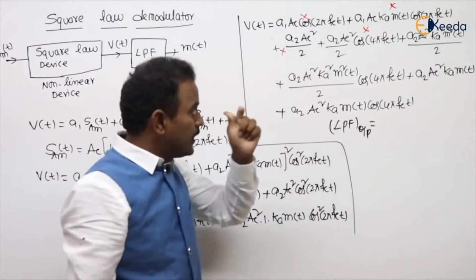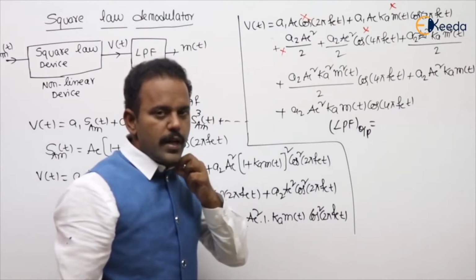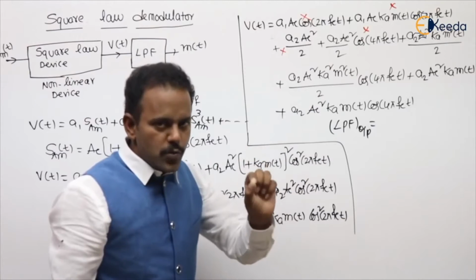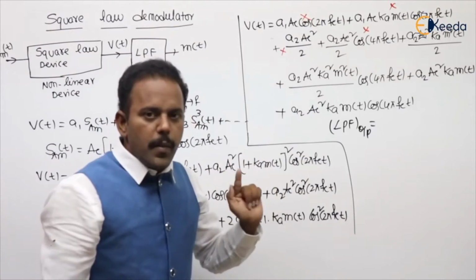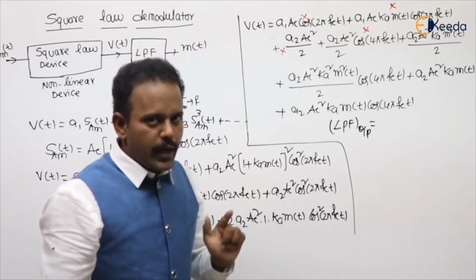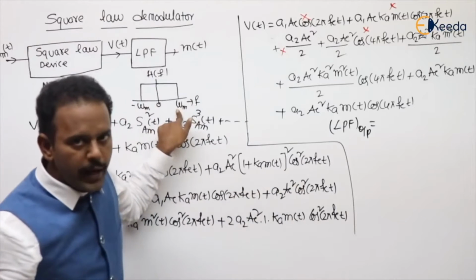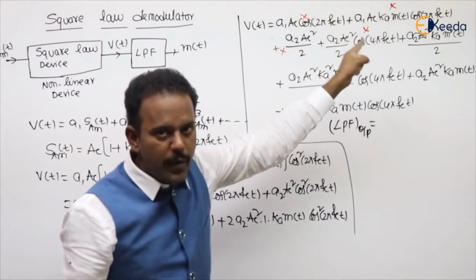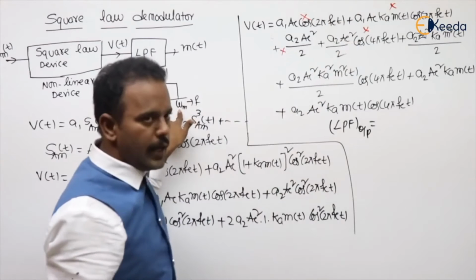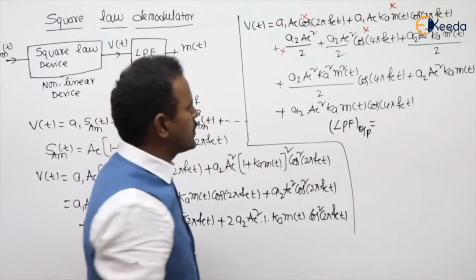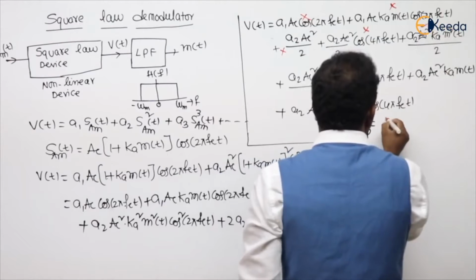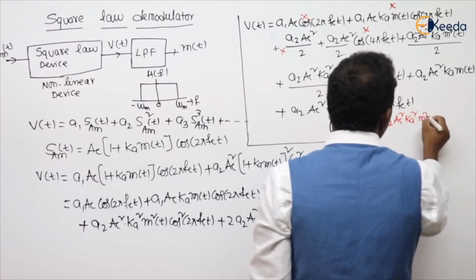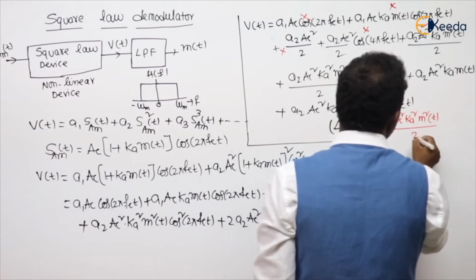Now see the next term. Next term is m square. M square is having frequencies from where to where? If m of t is having minus omega m to plus omega m, m square will be there from minus 2 omega m to plus 2 omega m. And we are already passing up to omega m, which means some of the components of that are passing, because it is having up to 2 omega m, but we are passing up to omega m. Some of the components of that are passing, so this term is passed. What is that? a2 ac square ka square m square of t by 2 plus,